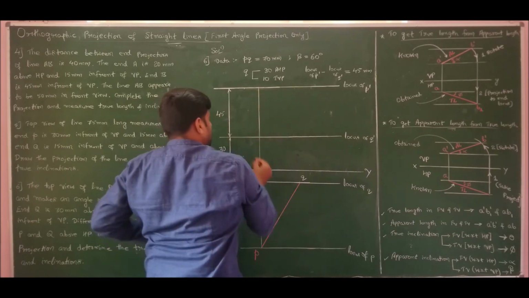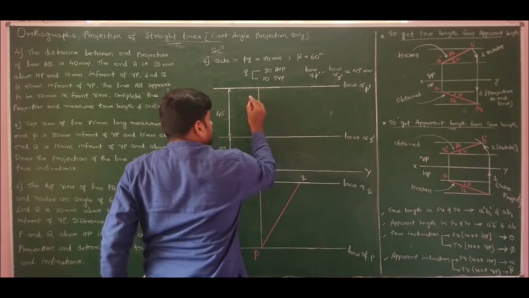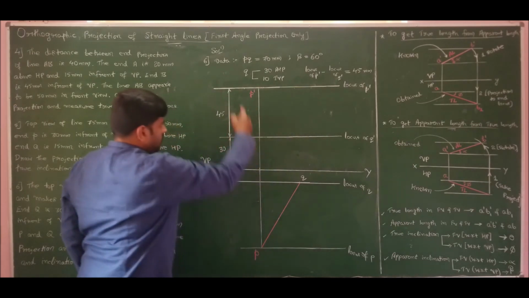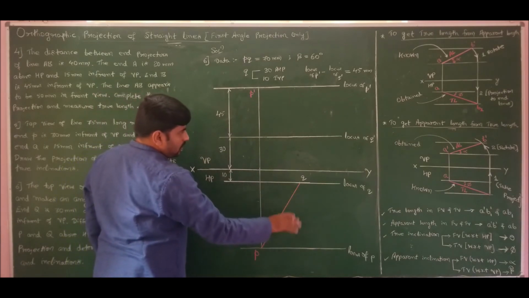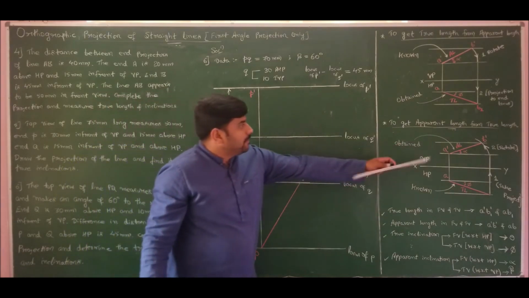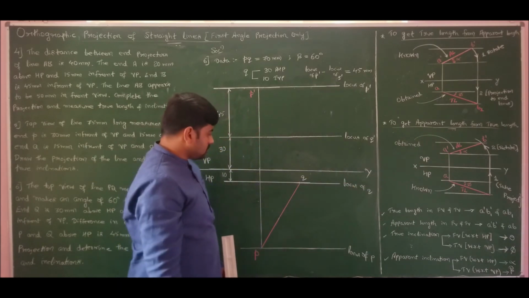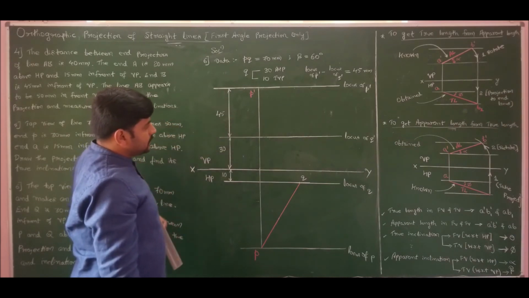So thereby I have fixed line PQ at extremity P. So this is P dash. So therefore I have fixed P and P dash. Now I will rotate line Q to make it parallel and to draw perpendicular in order to extract the true length. Now to continue the problem, so this completes whatever data he has been given.